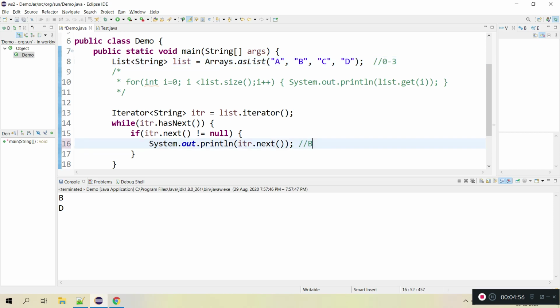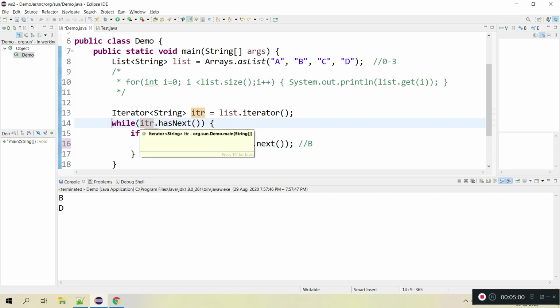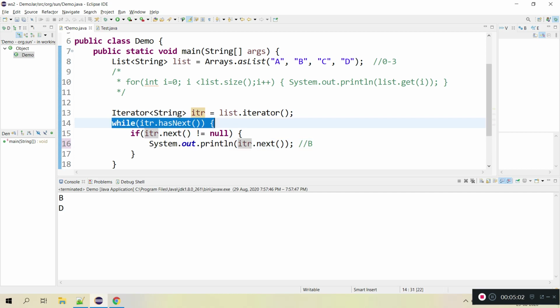Then coming to this condition, this gets passed, there are still elements, and it comes here, and here it is doing iterator.next.